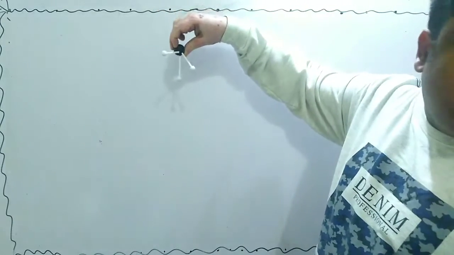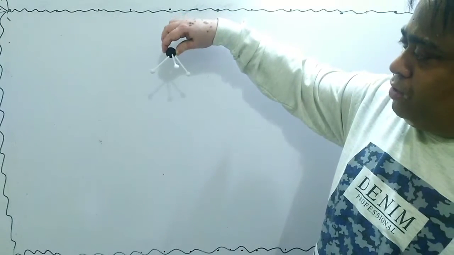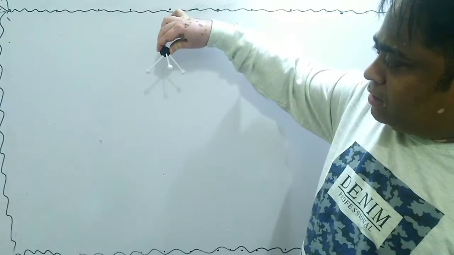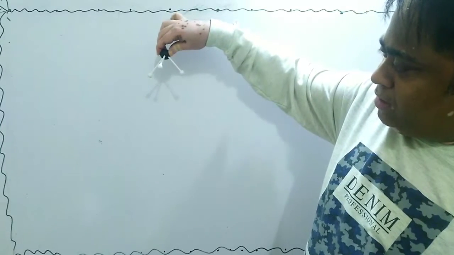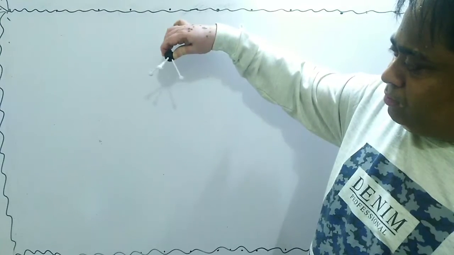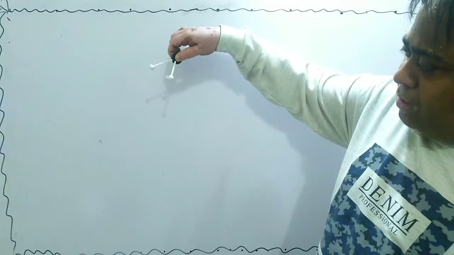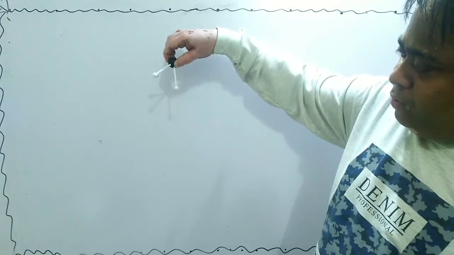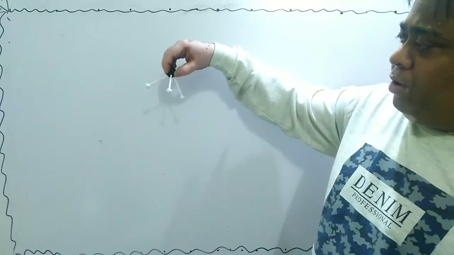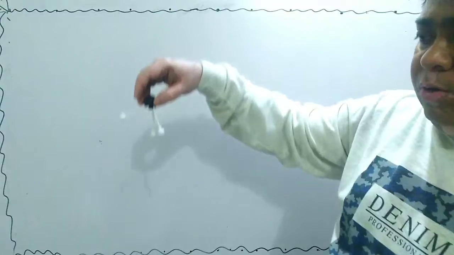Can you see the shadow? Is the shadow seen? So if you see the shadow, see the projection of this is like two-dimensional structure, isn't it? See, I am rotating it and see the shadow. So if I draw like this, it will seem that the bond angle is different. If I do like this, bond angle will be different, but the actual bond angle is found out by X-ray diffraction method. So this is one molecule made.